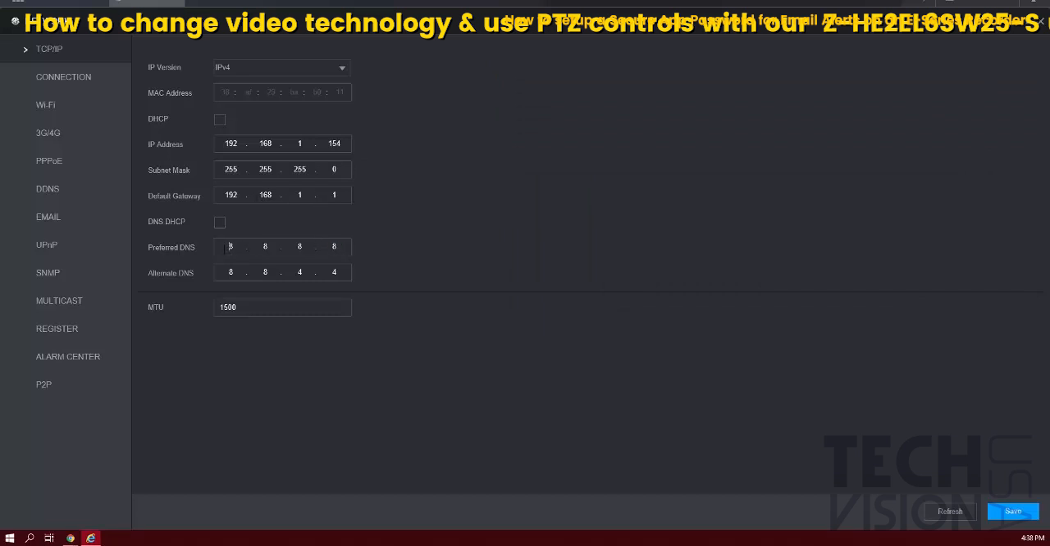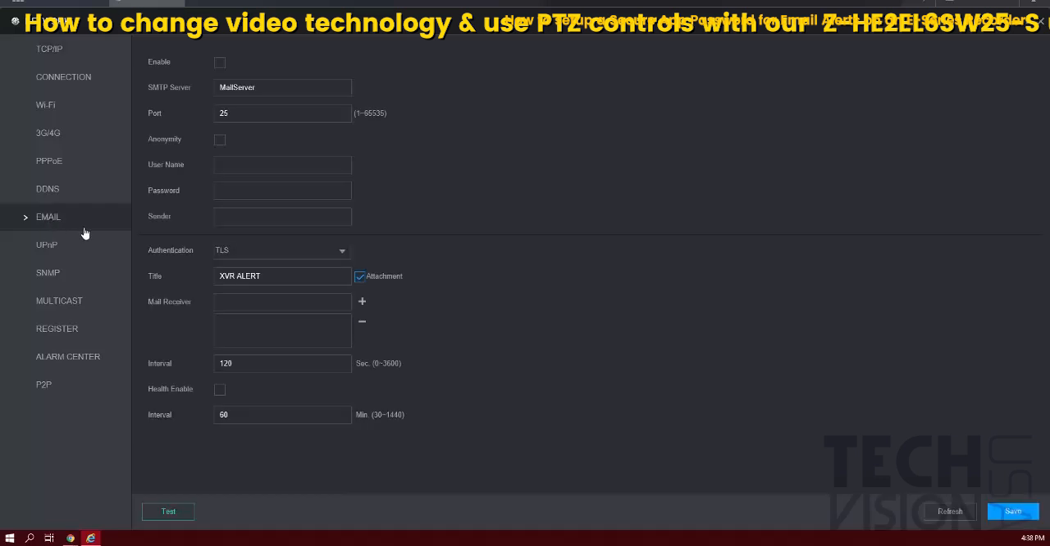Right now we're using Google's DNS. You can choose to use any other DNS if you prefer. Just make sure that DNS is actually working properly. So once you have this set up, then you want to go into the email, and go ahead and enable it. And the SMTP for Gmail is simply